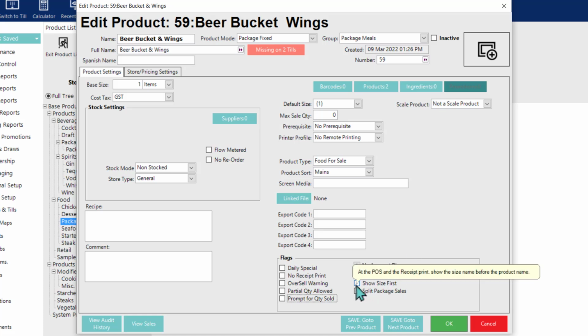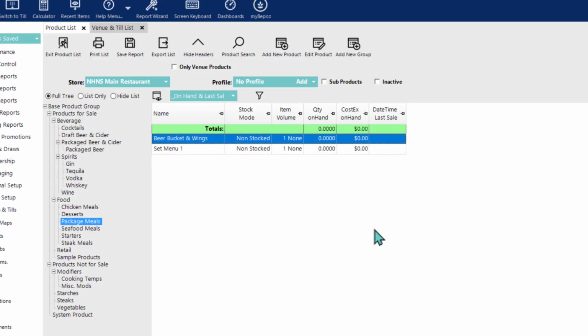But lastly for today, we have our show size first flag, which we can turn on for a product if the product has multiple sizes for sale. If we want the size to be shown before the product name, that will be both on the till screen and on printed receipts. So otherwise the size name will be shown second, but if we would like to show the size name first, we can turn that flag on to do so. Okay, I'll just cancel out, make sure I haven't saved anything there inadvertently that I would not like to, and that is another